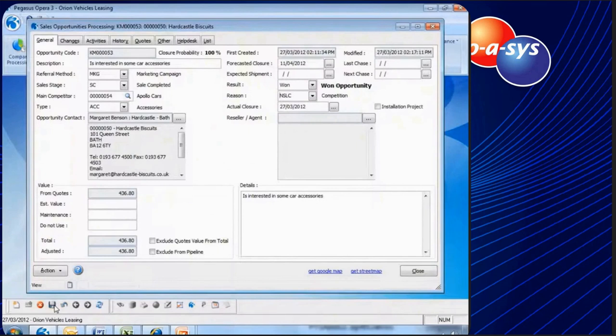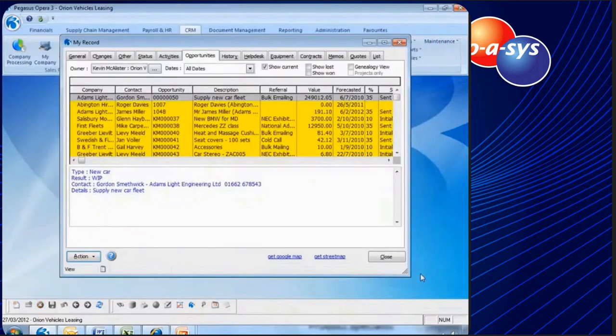So what's the next step? Well, we actually want to create a sales ledger record for Margaret's company. Now, as a salesperson, I might be restricted from doing that. So what I might do is create an activity to send it to Janice over in accounts. I'm going to ask her to do all of the relevant credit checks and ask her to create the sales ledger record for Margaret at Hardcastle. So Janice would come